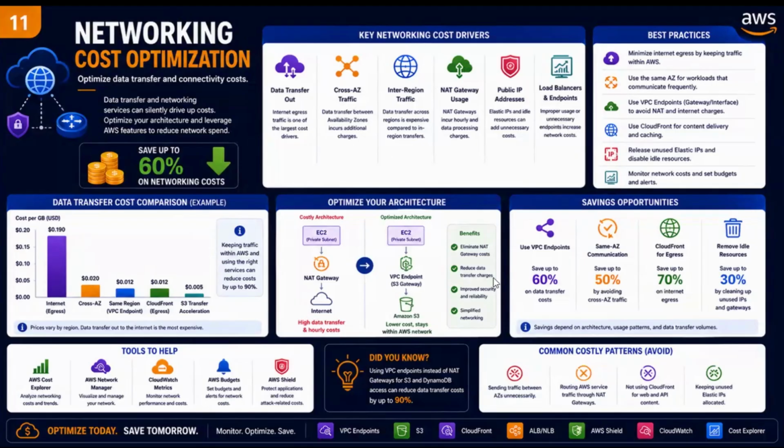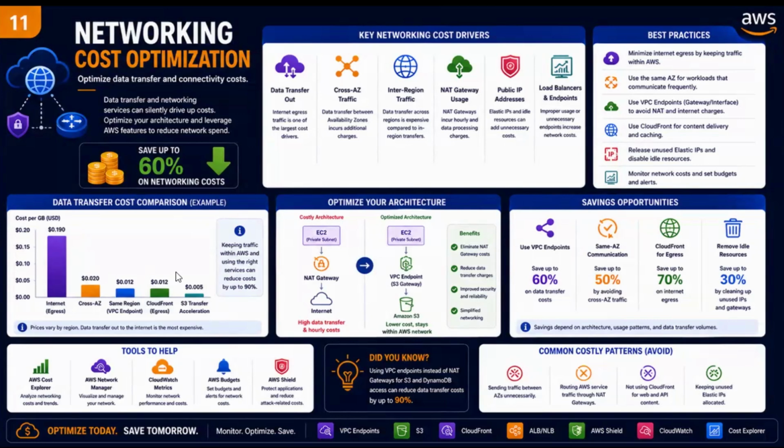So before network cost optimization, you should definitely minimize internet traffic and keep the traffic within AWS. Okay, in network cost optimization, the most effective